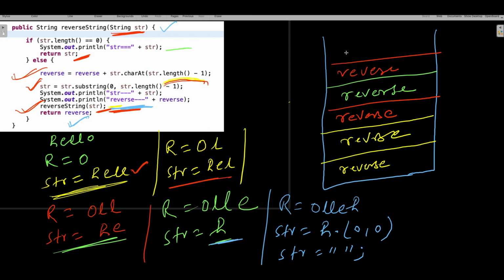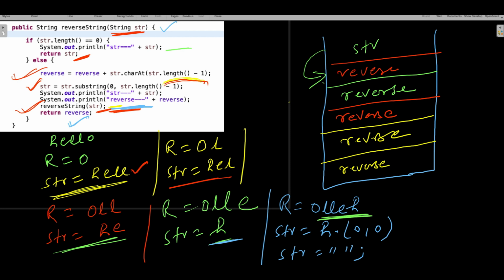Let's say you have returned here str. Let me show you how this works internally. Let's say it will return now from here. When it will return str from here, from str it will come to the reverse. So reverse has just the data. What does reverse currently have? Your reverse currently has 0LLEH. So actually the reverse will get this data.